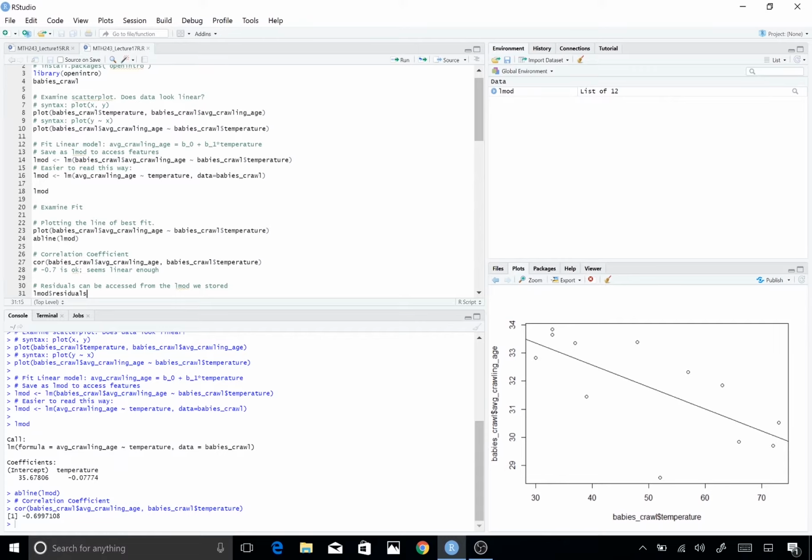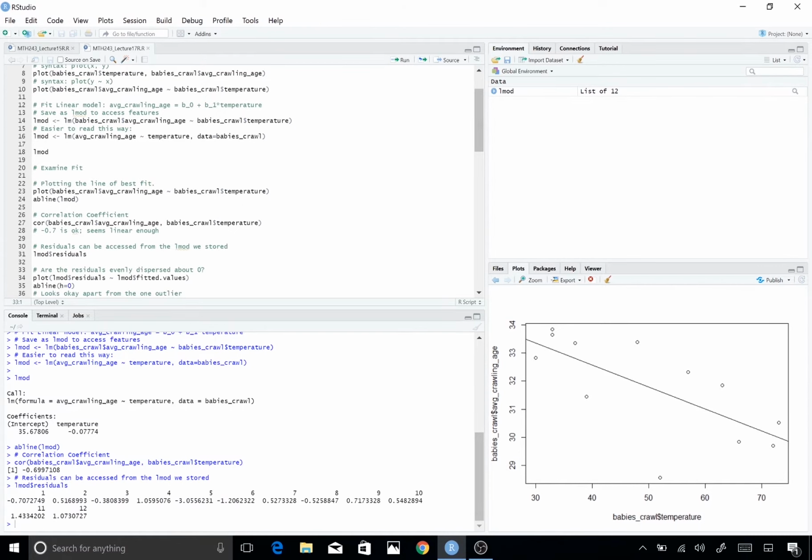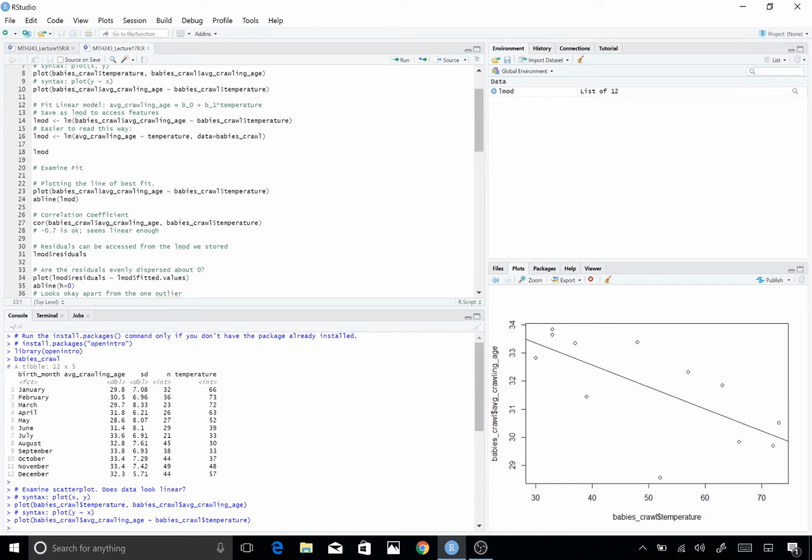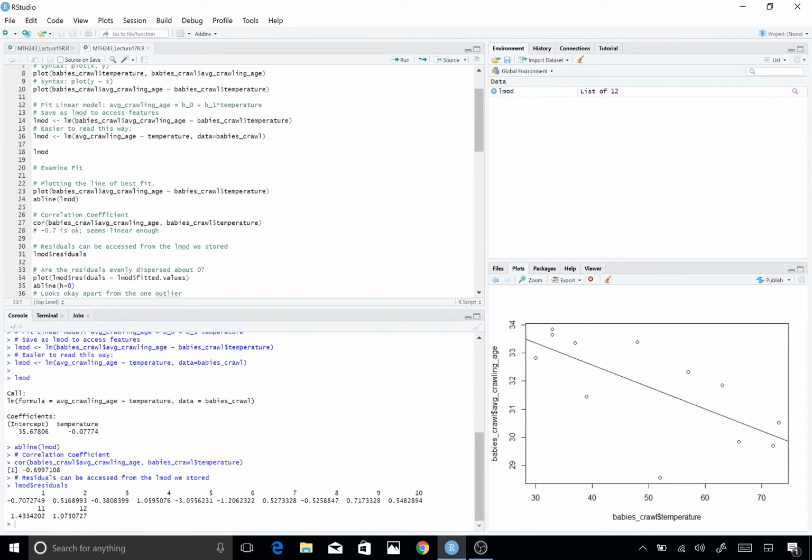Here are the residuals. The residuals are the observed values minus the predicted values. If you look at this point here, the temperature is 48. This was in November. The observed crawling age was 33.4. The predicted crawling age is